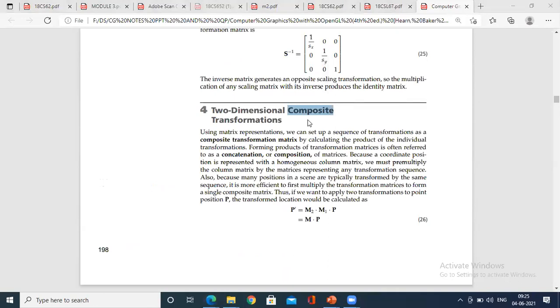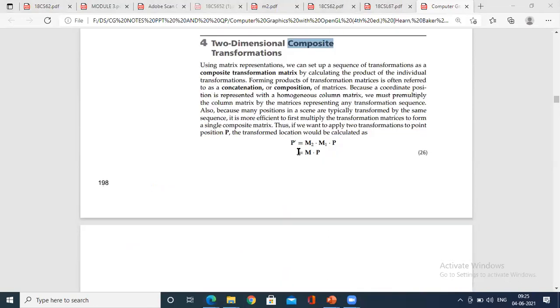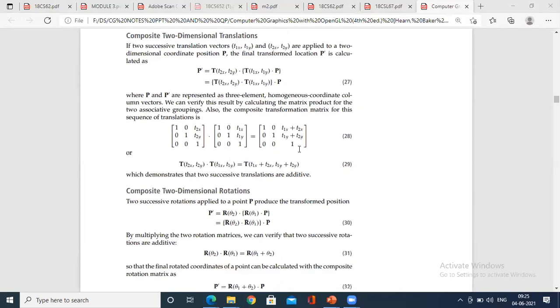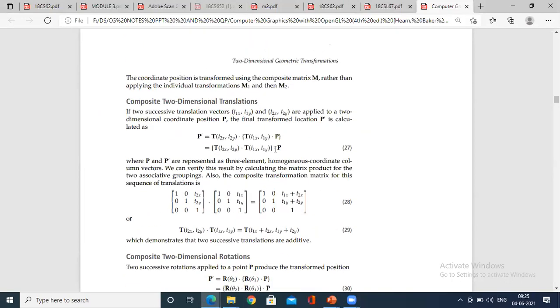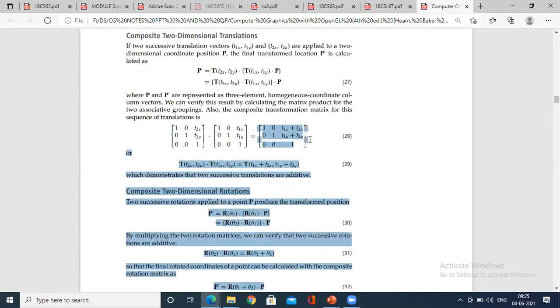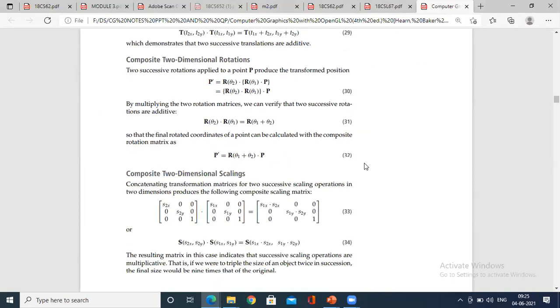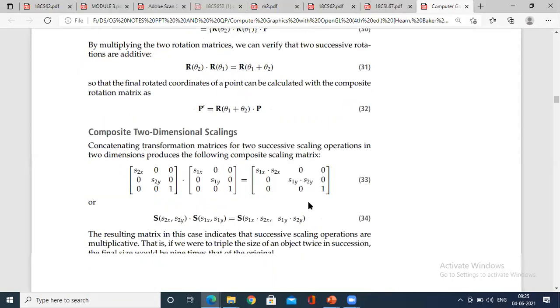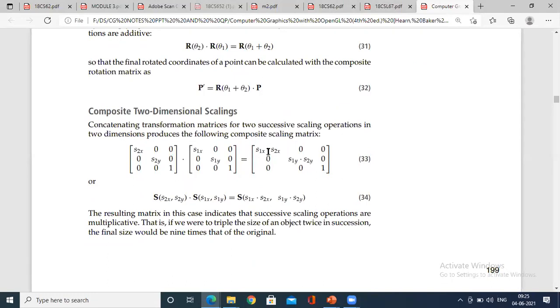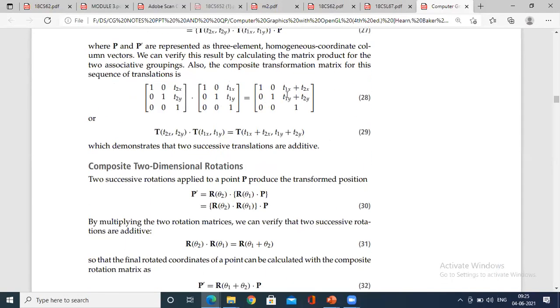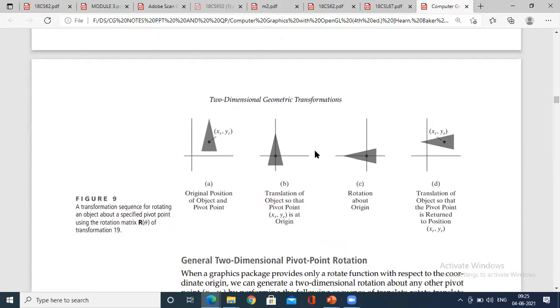Composite transformations always talk about successive transformations. The successive transformations could be any kind of transformation, such as successive translations, two continuous translations that could be represented by T multiplied by T to a point called P. And similarly, you have successive scaling. The successive scaling factors are multiplicative, successive translations are additive, and this last third column is the homogeneous system, right?